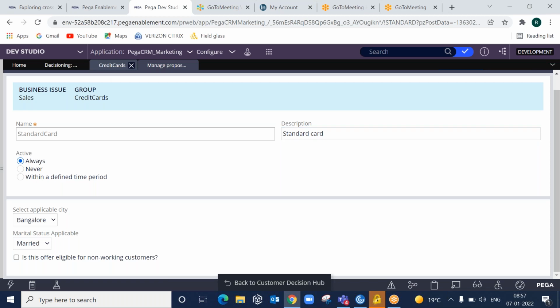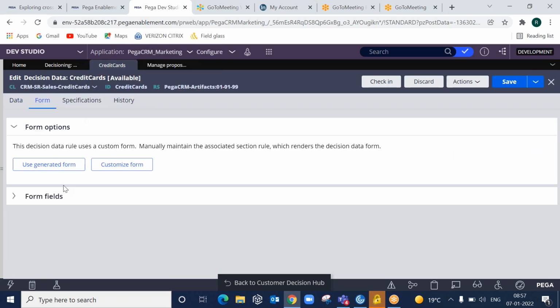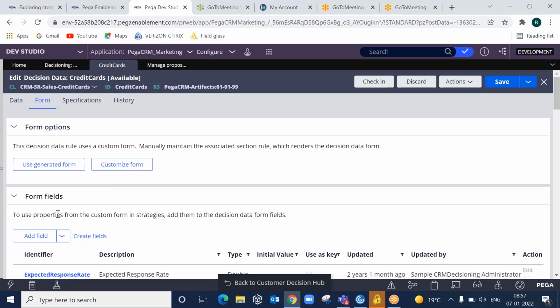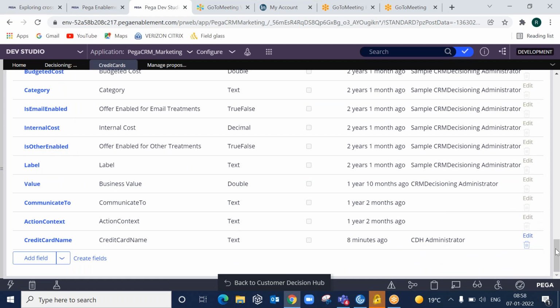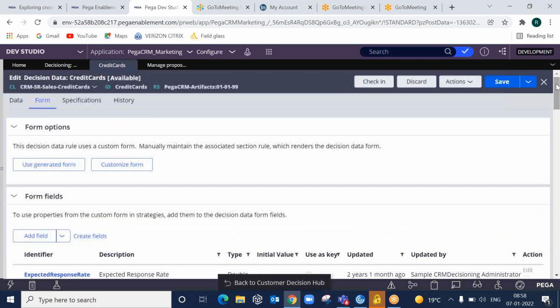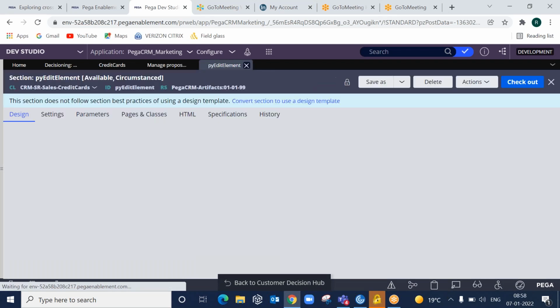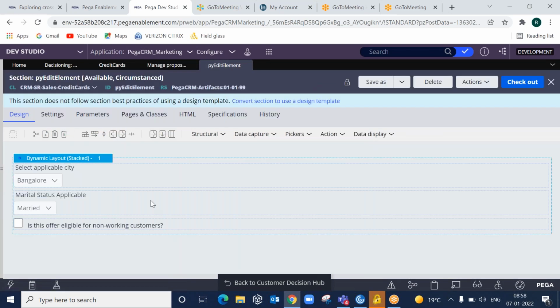So even though you add any properties in the generated form, right now the decision data is using a custom form, which means instead of using the properties that are specified in the generated form, it is using the properties that are present in the custom form, which is called py edit element.